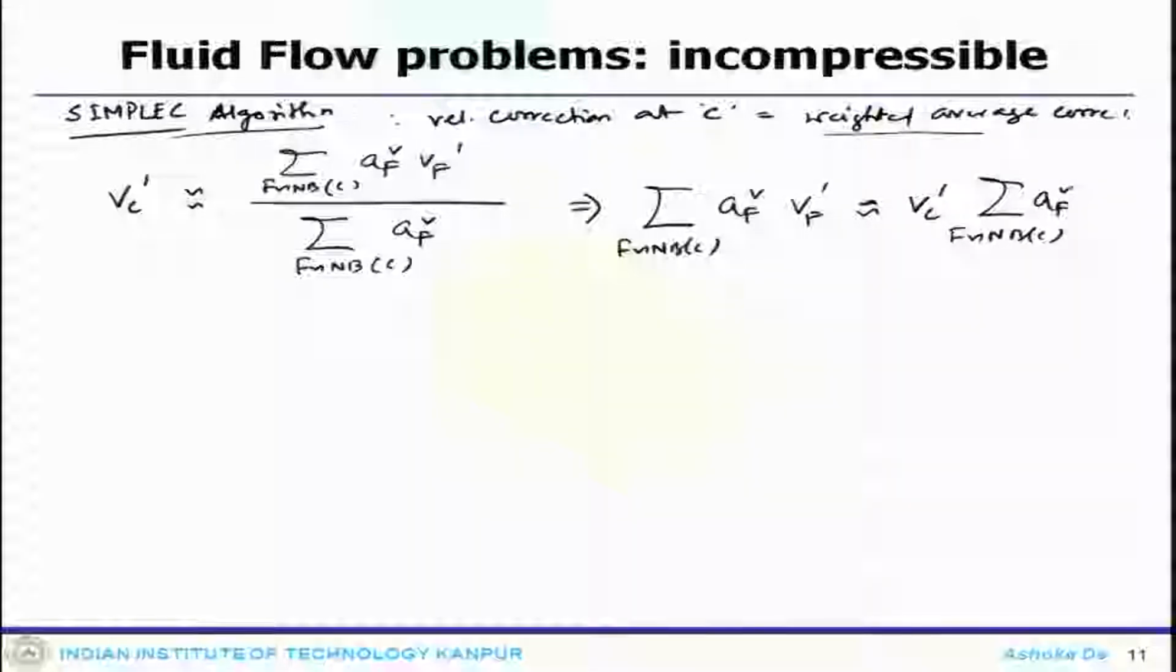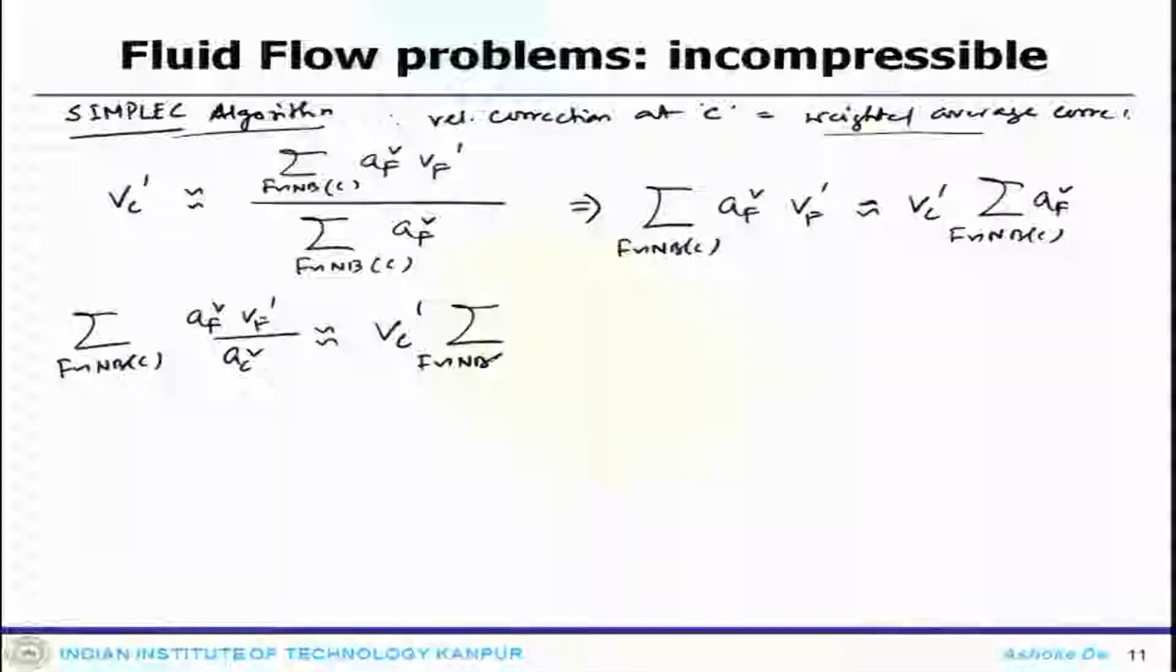Now, we use our H operator that we have defined. So, this can be written as the summation over F in NB(C) of a_F V' over a_C V equals V_C prime summation of F over C, a_F over a_C V, which equals H_C V prime equals V_C prime H_C 1, and then